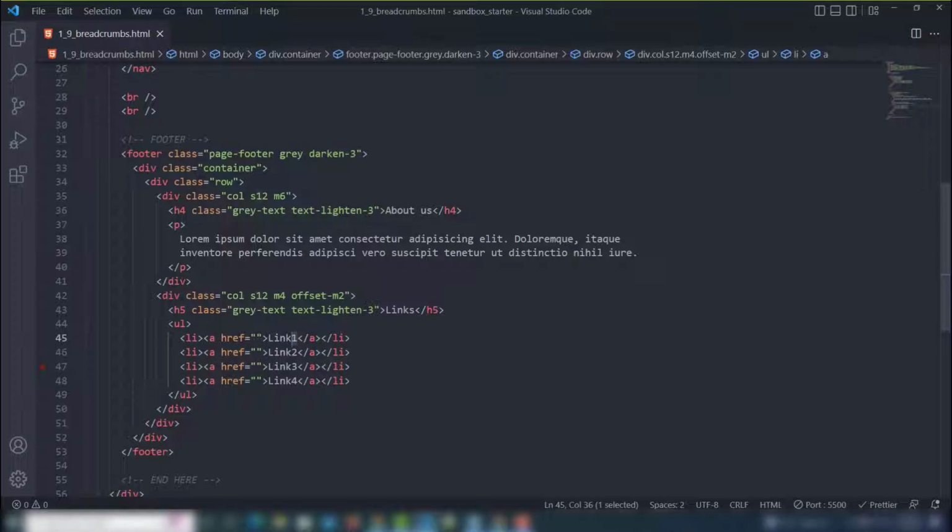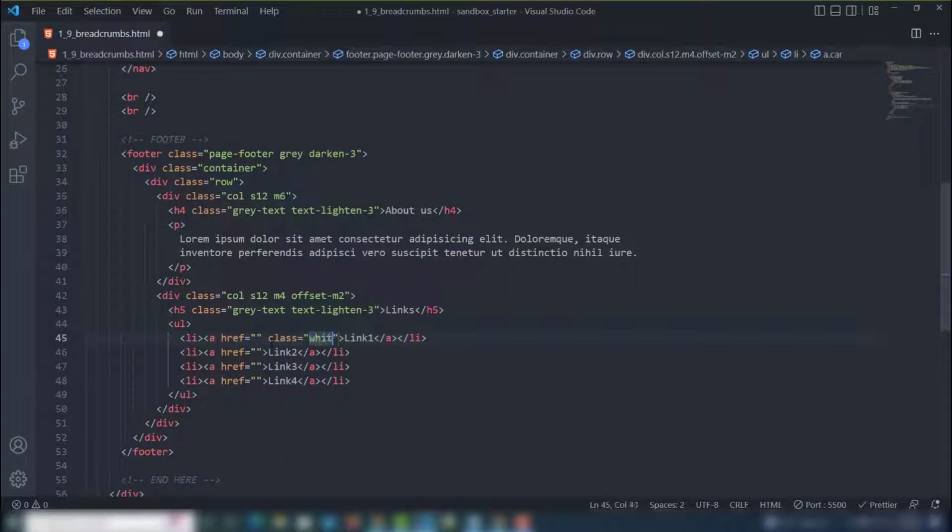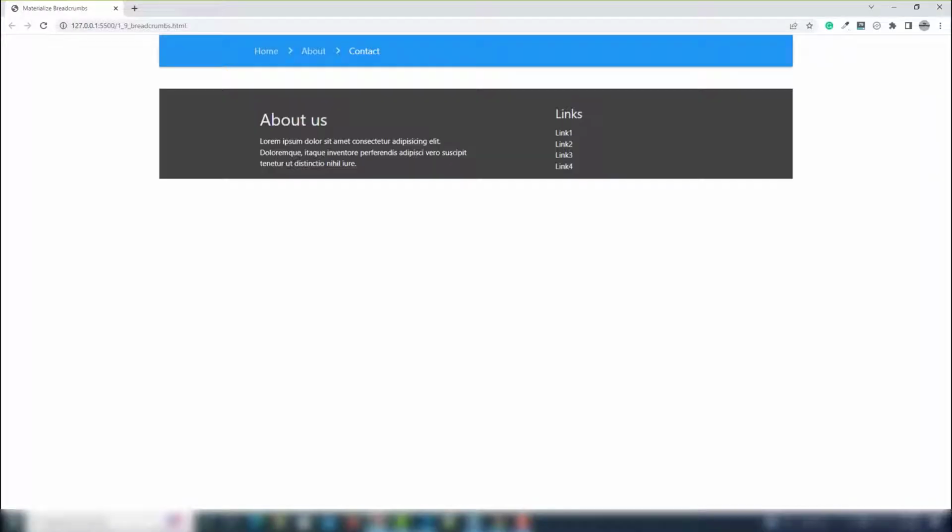So inside the anchor link I will assign the class white text, copy paste, that's it. So I open that, as you can see,